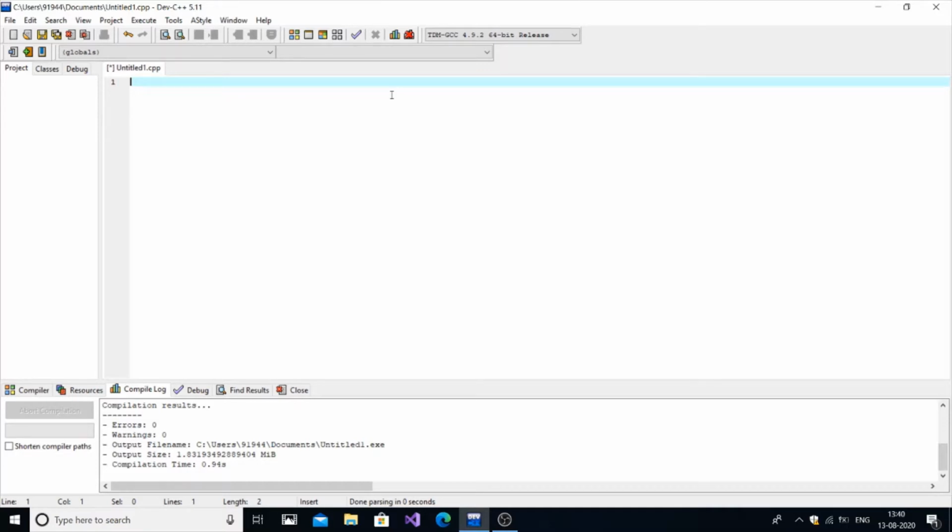Suppose you consider the number 407. What we are going to do is take the cube of each individual digit. You have three individual digits here. So it's literally 4 power 3 plus 0 power 3 plus 7 power 3. If you do this, 4 cube is 64, 0 cube is 0, and 7 cube is 343, which equals 407. So we are getting the same number over here.